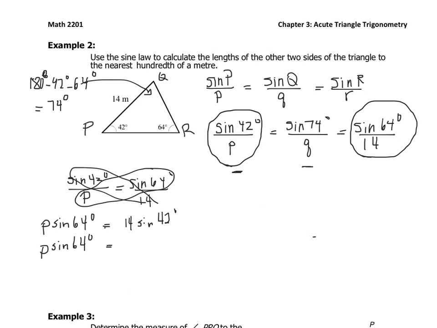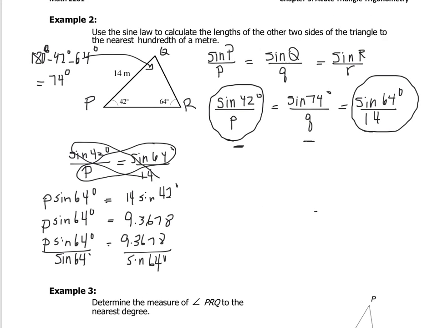Make sure your calculator is in degree mode when you're doing these questions. So P sine 64 equals 9.3678. We want to get the P by itself, so we want to divide both sides by sine 64. And that's going to give us